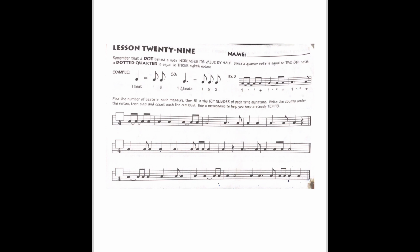Figuring out time signatures is going to be a definite blast today. Oh boy, this is going to be fun. I'm going to figure this out. Start on the top one. I'm going to take my top one and...